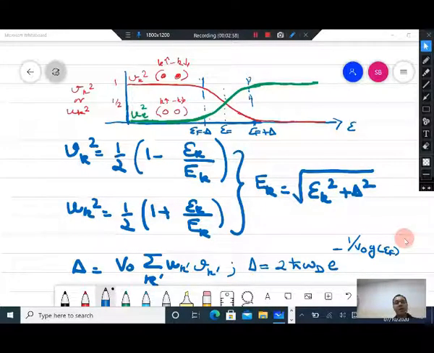Now let us try and interpret these expressions that we have obtained. We have just obtained this energy scale delta, but what is the minimum free energy that we have, the expectation value, how much is that minimum energy? Let us calculate that. And what does it mean? Let's try and interpret those expressions.